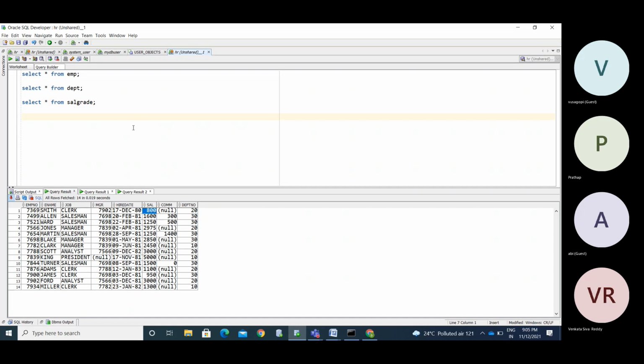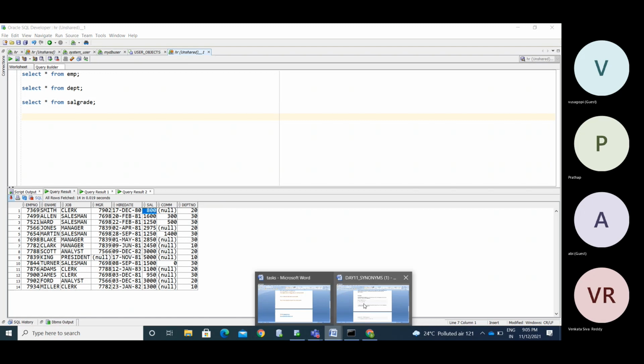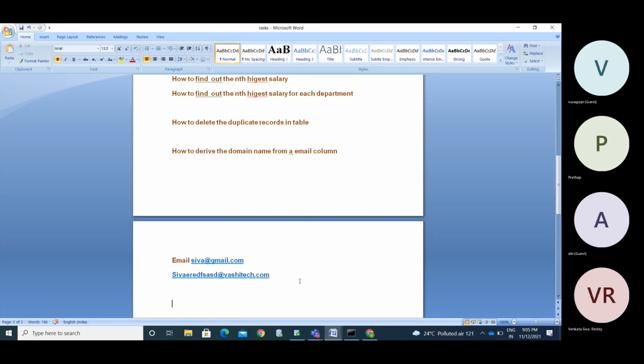Okay, this is another requirement. Display the employee info with the location and grades.